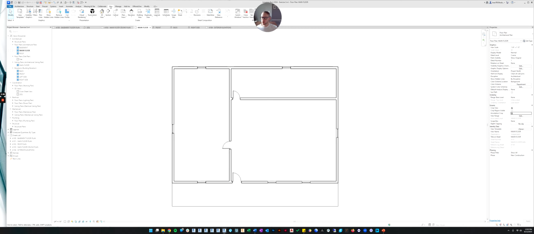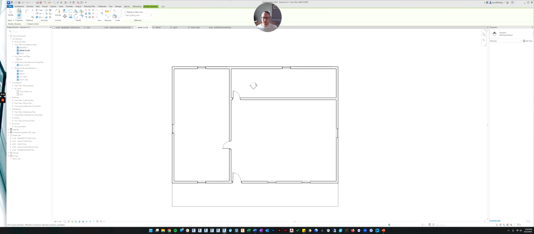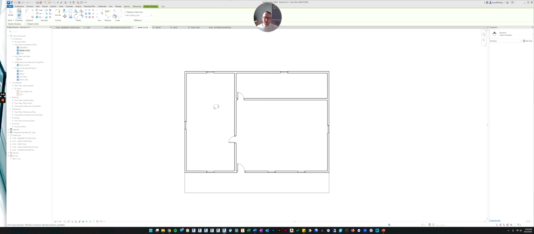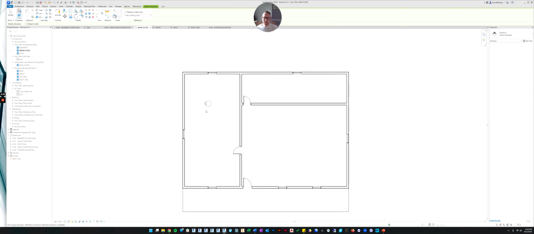Let's go back to the view tab on the ribbon, and we're going to click elevation again to enter the elevation command. Last time, if you remember, in the properties panel, we clicked building elevation, which is the same thing as an exterior elevation. This time we're going to click interior elevation. And the symbol changes slightly. Depending on your company standards and who you're working for, it may look the same as this or it may look different. Every company has their own symbols for interior versus exterior, but this default template has a slightly different looking interior elevation symbol than the exterior one.